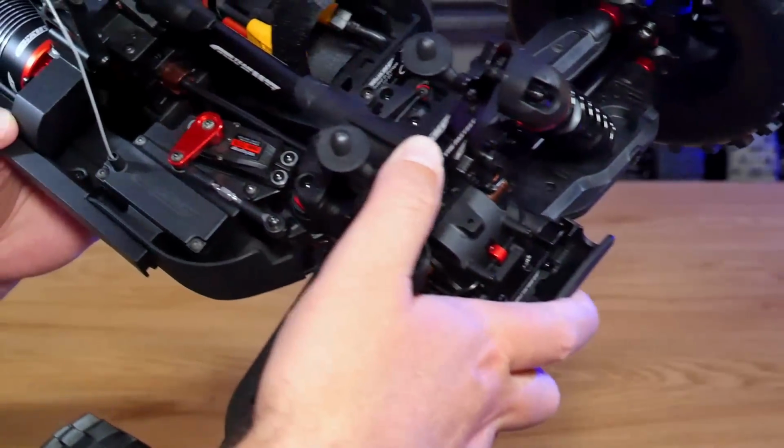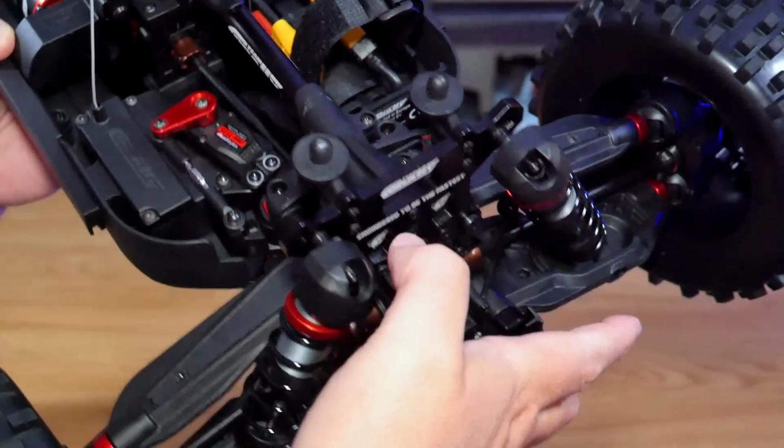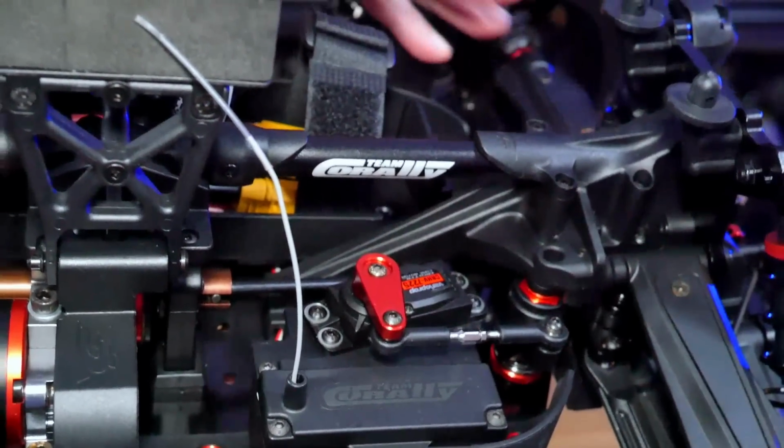So the shock tower, I believe, is 5mm thick, and it does look machined. So this is a nice touch. It should be a nice strong shock tower. But then when we look behind, you can see that this entire assembly here is quite different to the previous